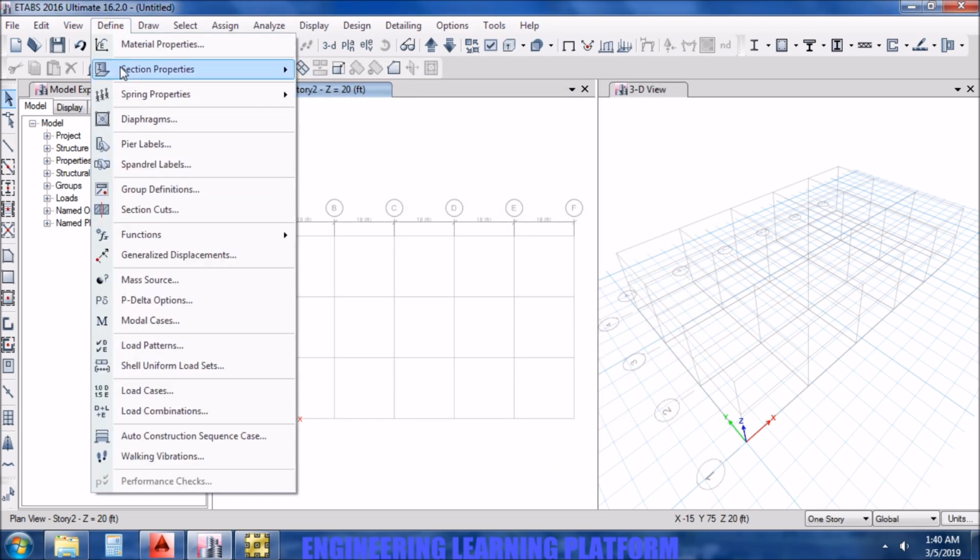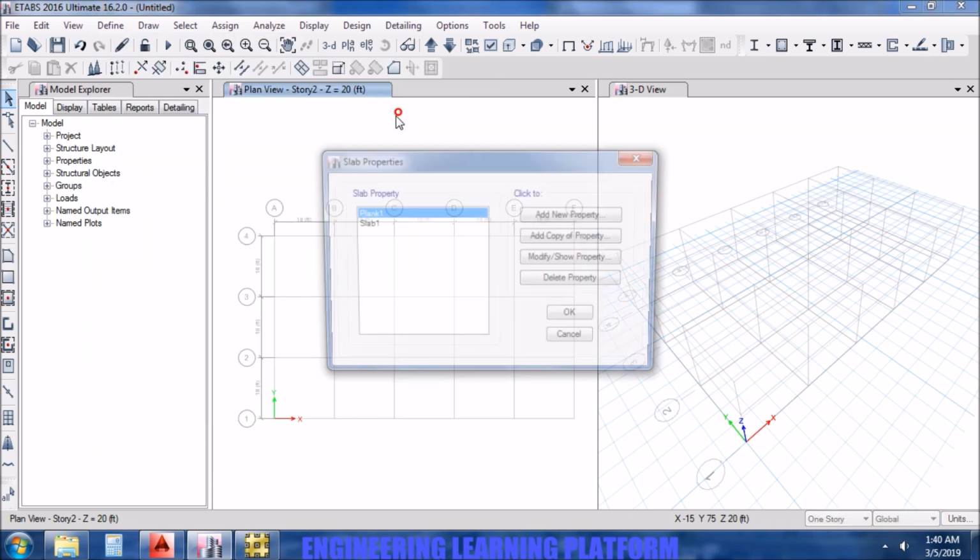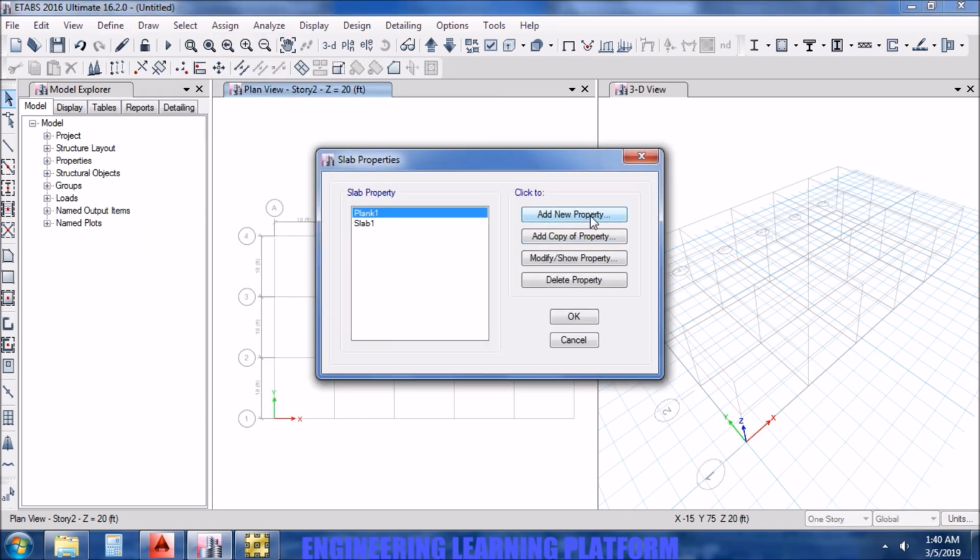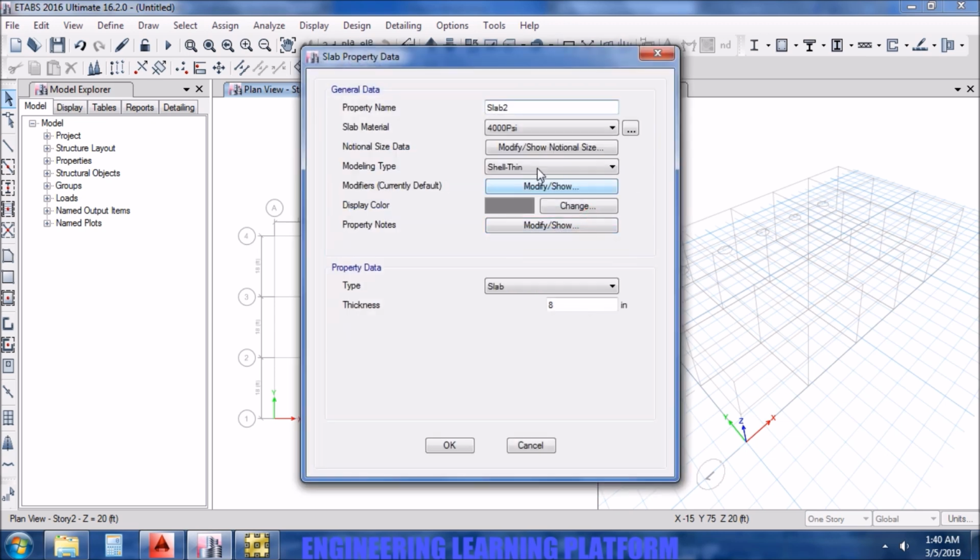If we want ETABS to select itself the properties of the column size, we will define another section as well later on. Defining the slab properties as 8 inches